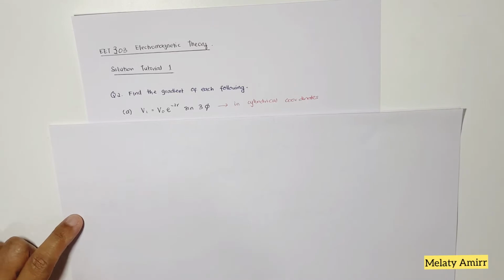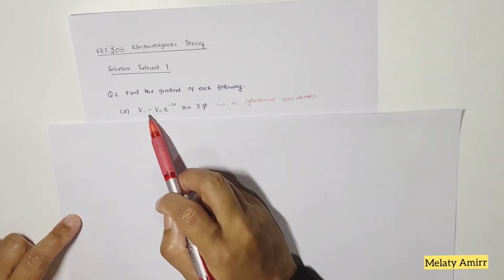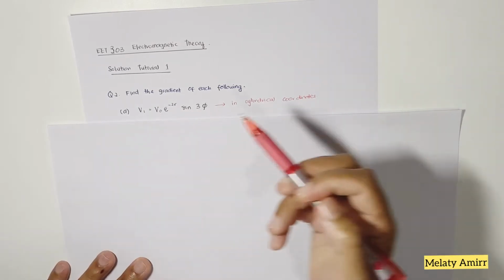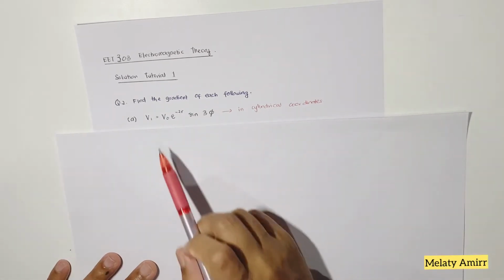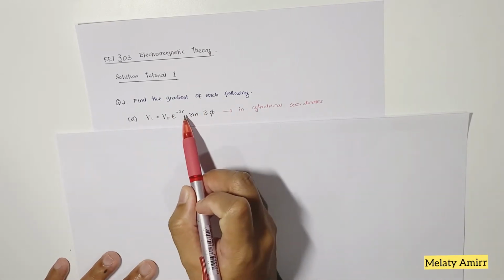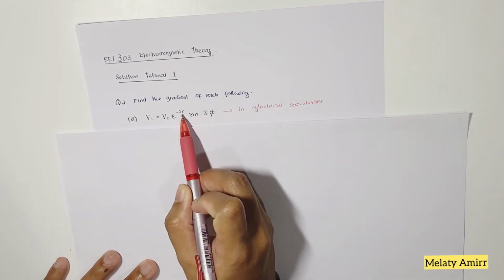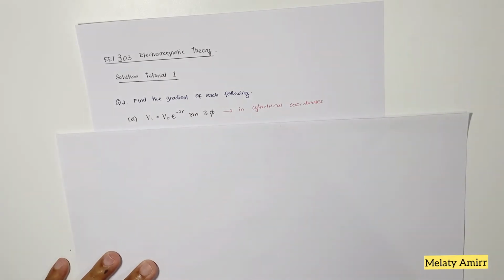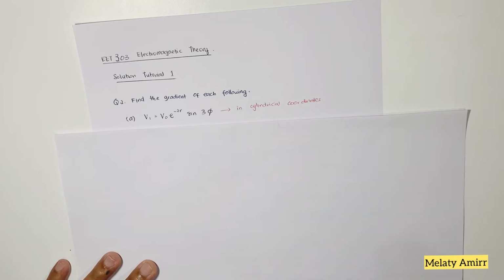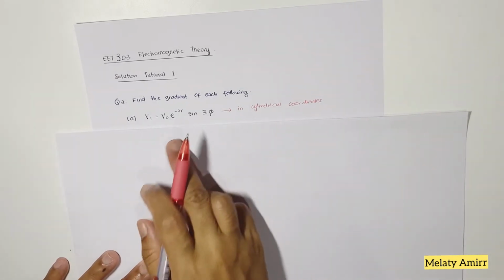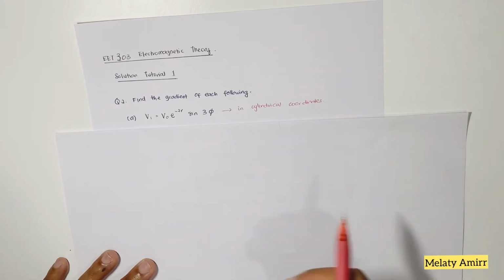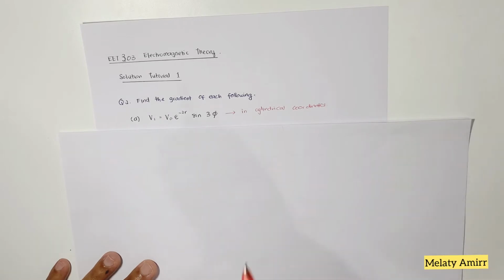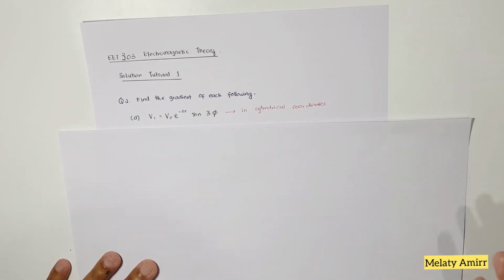Question 2a. Given that V1 equals V0 exponent negative 2r sine 3phi. So we know that this equation relates to r, small letter r, and phi. Okay, for theta, it doesn't exist in this equation. So we assume that it is in the cylindrical coordinate system. So, by referring to the appendix here,